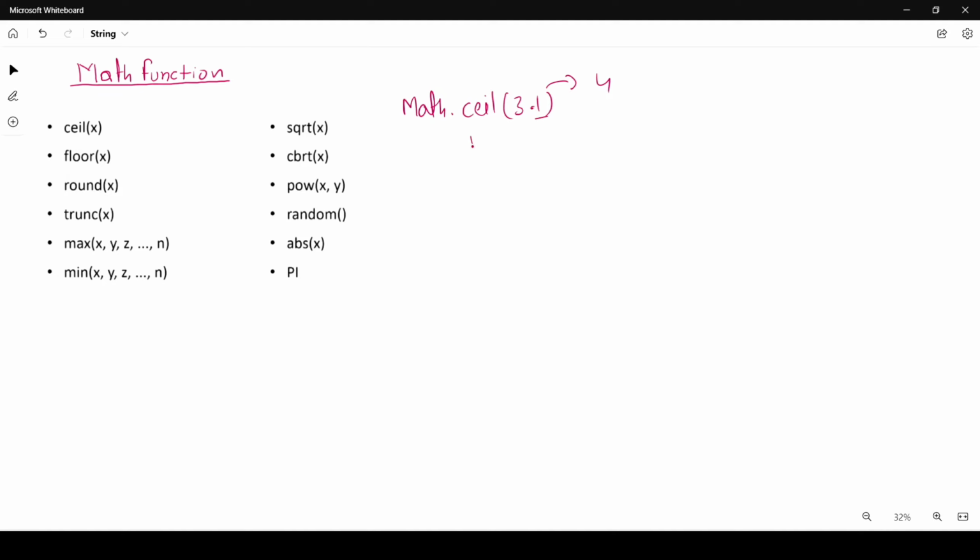If you provide floor 3.9, it will give you the lowest possible value, which is 3. You can see here we provide 3.1, it will give you 4, and here we provide 3.9, it will give